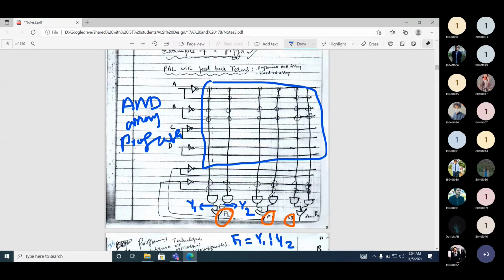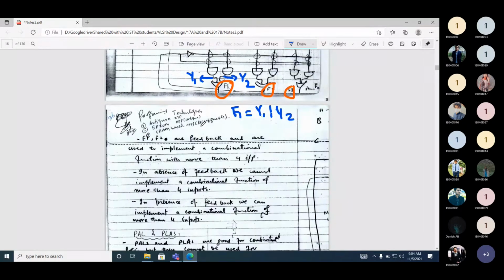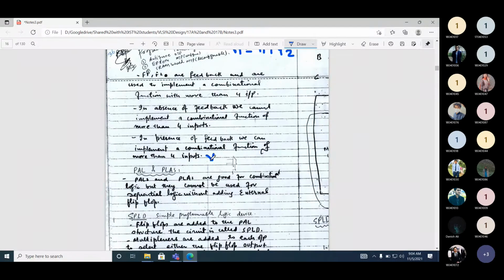And then what is Y1? Y1 is a function of A, B, C and D. Now if you look at here, which expression do we want to evaluate?